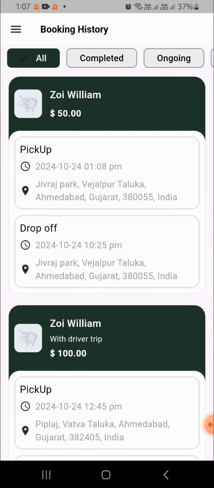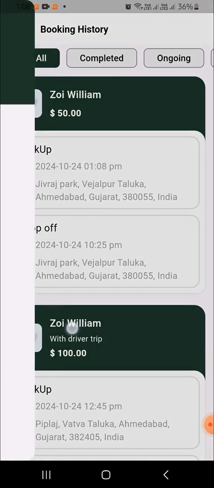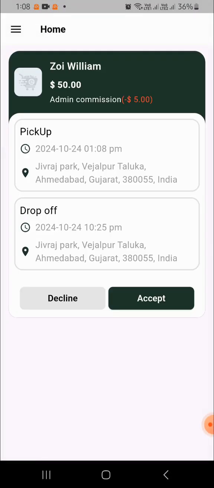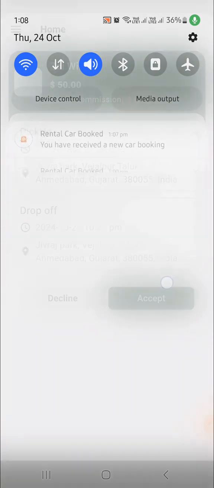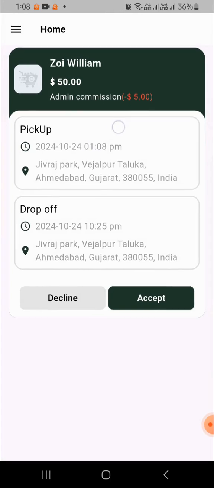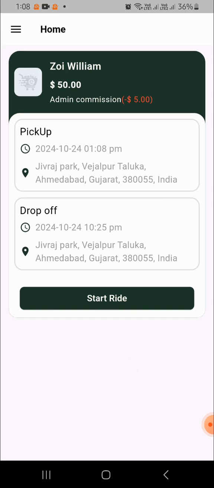On the driver side you can see the booking is successfully received. Here you can see the push notification of the booking. Accept this request and click on start ride.